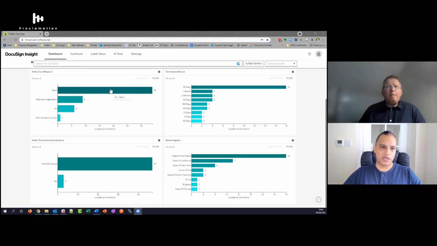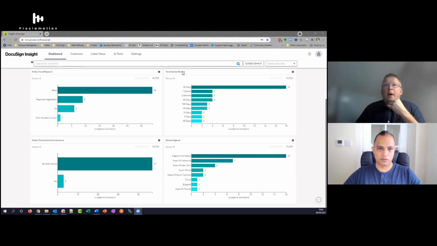And on your dashboards there, Tim, I think we're going to talk about the force majeure one, but you've also got termination notice, governance. So as a user, you can set this up to cover those particular things? Yes, exactly. You can just change the filter here and select a different item. I've got a mixture on this dashboard